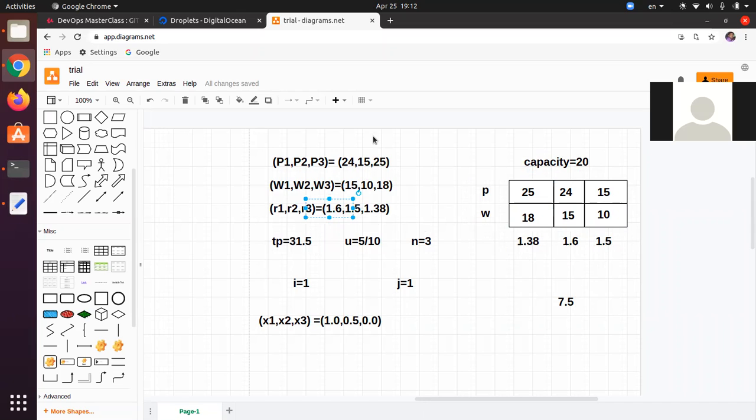After getting this, the first highest ratio we are sending inside the knapsack, and its weight, that means 24 as to 15. So 15 is going inside the knapsack. 15 will be subtracted from the capacity, that is 20. Remaining capacity will be 5. And for this capacity 5, we will send the fraction of the second weight. And from that, we will make this much amount of total profit. So this is the greedy method explanation of code for the knapsack problem.